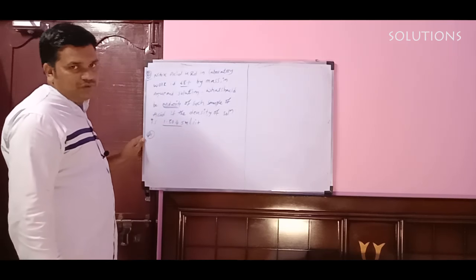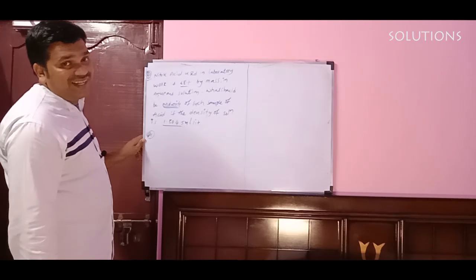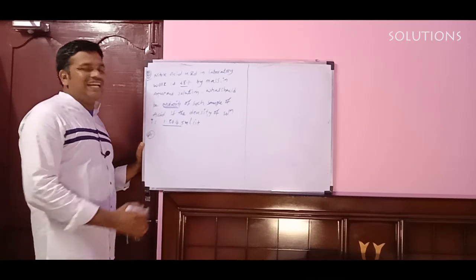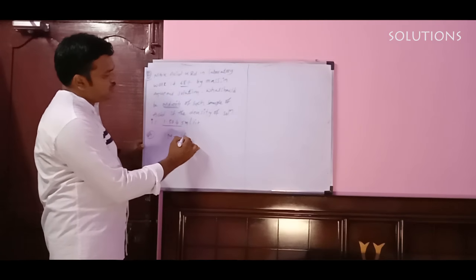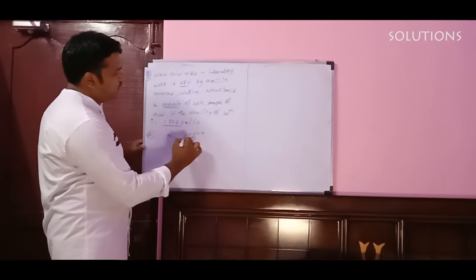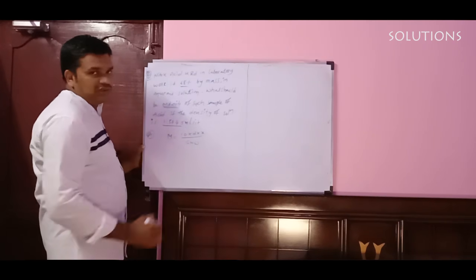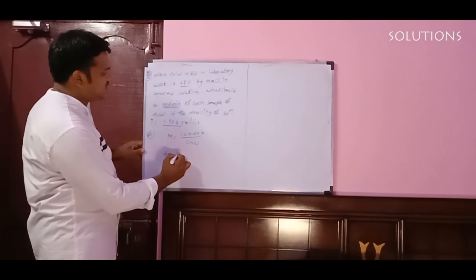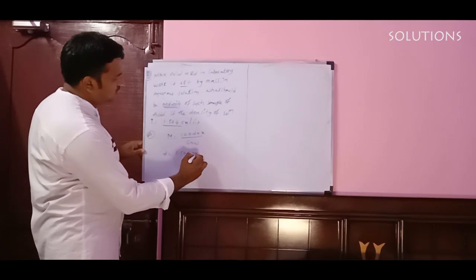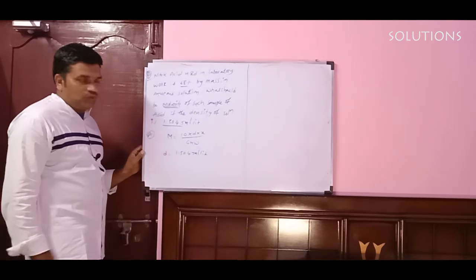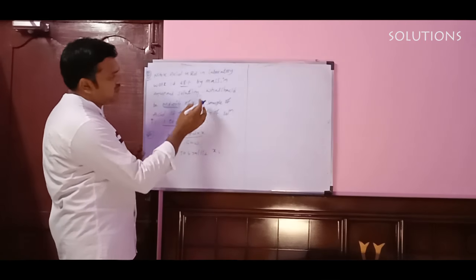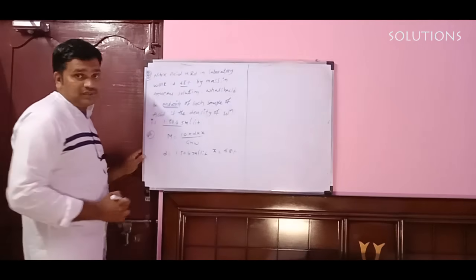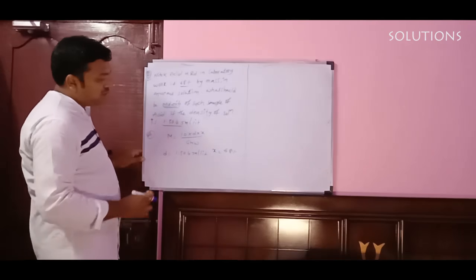Already in the molarity concept we discussed one formula. If the density is given and weight percent is given, how do we find out the molarity? I'll write the formula here. Molarity M is equal to 10 into D into X by gram molecular weight. Clear? Now here density is already given, that is 1.504 gram per liter. What is X here? X is mass percent only. How much mass percent is given? 68% only. And we have to know the gram molecular weight.